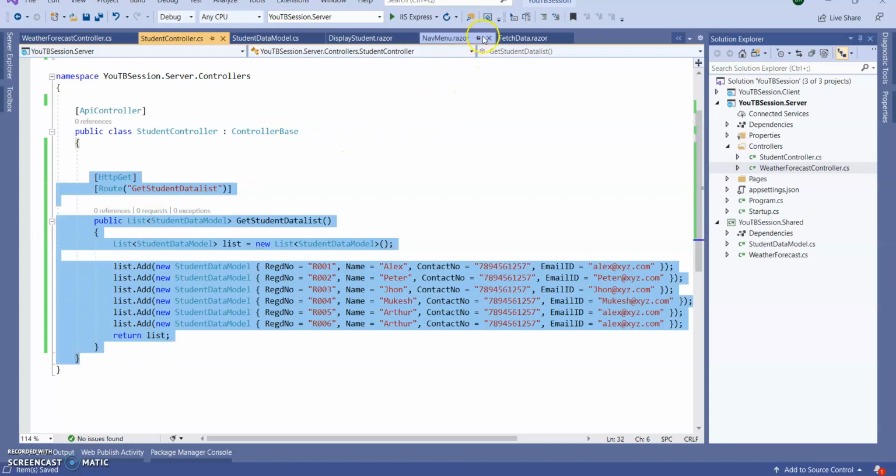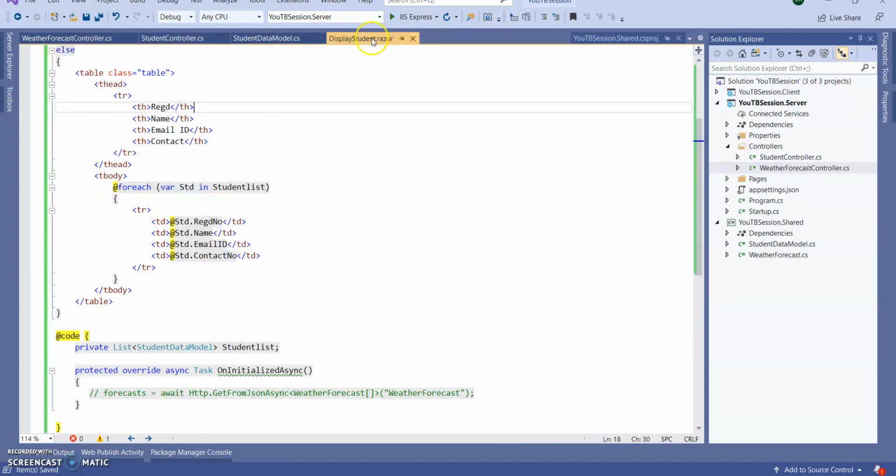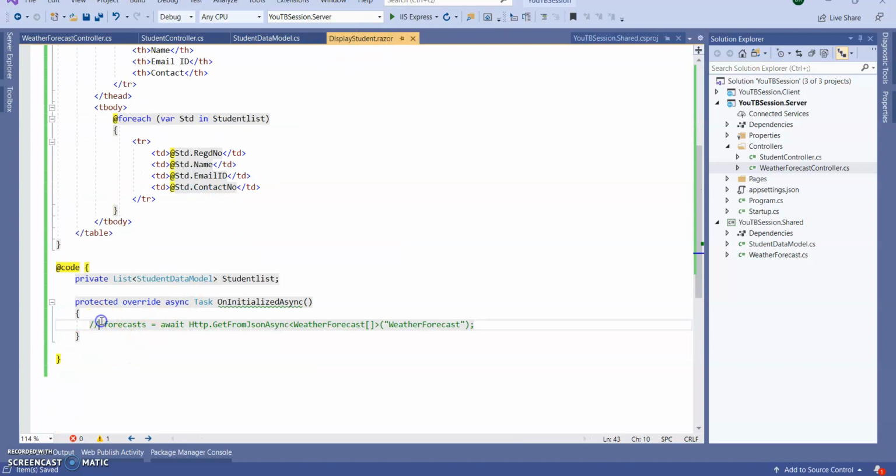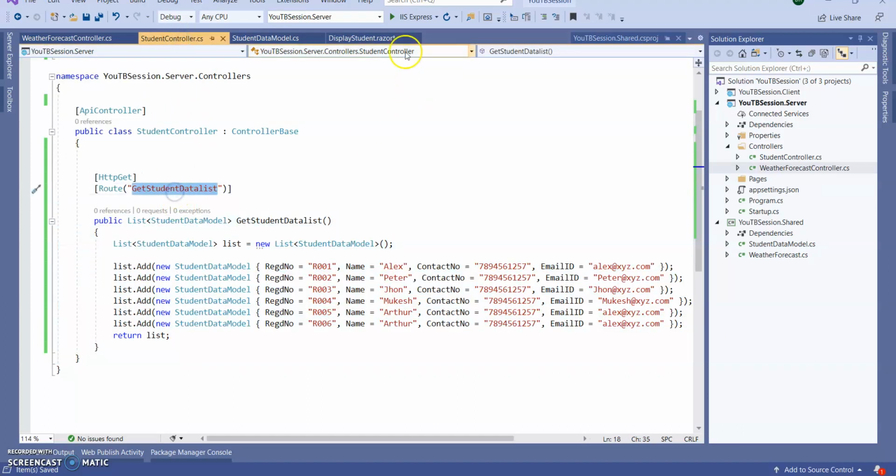So go to our display student.razor page. Here you can see in the forecast it is doing like this. So I'm going to set student equal to this list of student, and it will go to student controller. This is my routing.